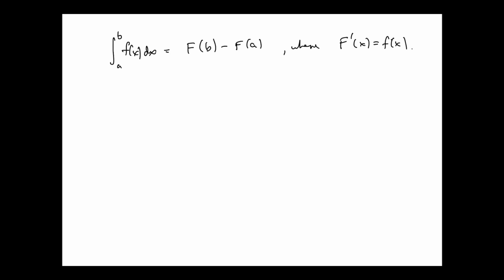The hard part is finding the antiderivative, capital F. If you know that in advance, or for the particular example it's not too hard to figure out, then great. But in general, finding capital F is the hard part. So we're going to talk about one of a slew of techniques for finding